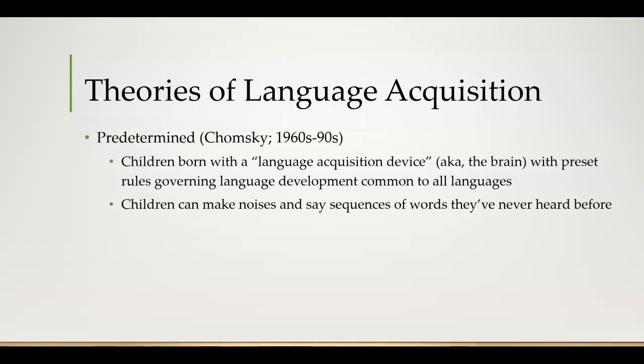He believes in a universal grammar, sort of an internal language acquisition device, which is really just all those areas of the brain from that other slide. And he believes that children are born with this kind of preset computer for language processing that is common across all languages, and the way a child will develop just depends on what culture and language they're born into and is present around them. And then that's the subset of language skills that they will develop.